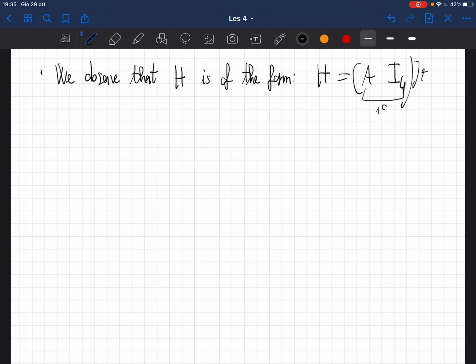This is 4 and this is 15. Hence, the generator matrix G is given by